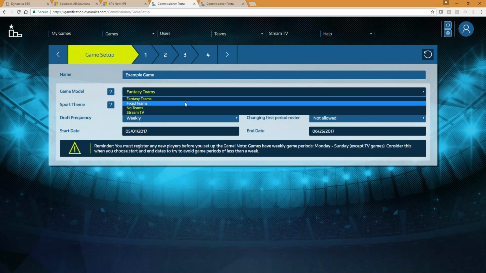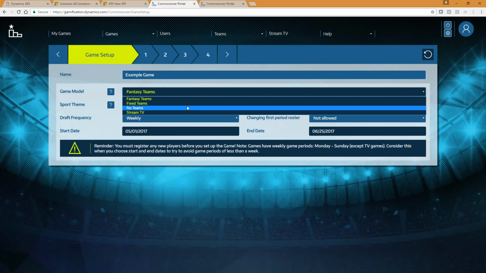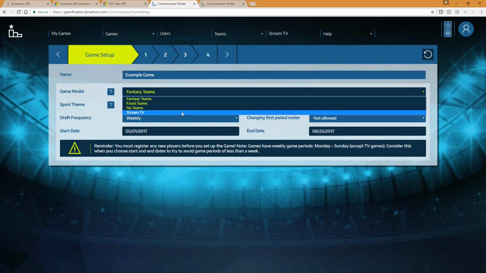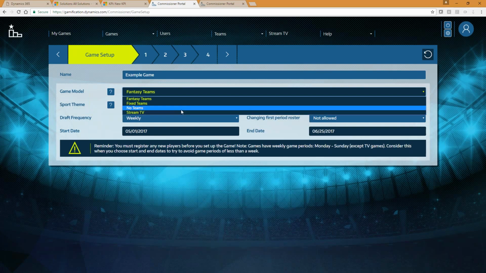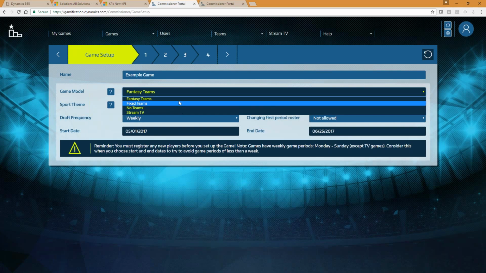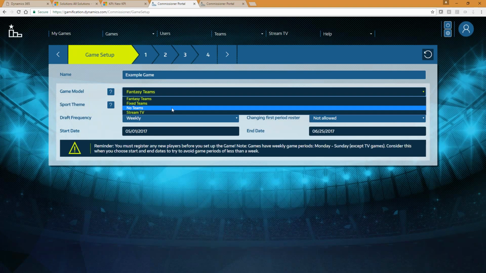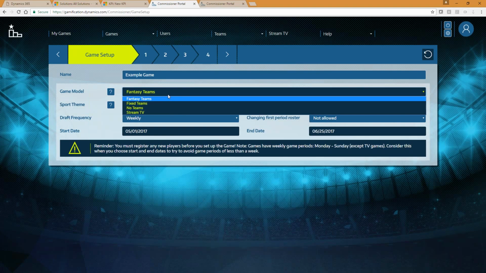We've got fixed teams, so in this case there's no fantasy element, but maybe we're having sales versus customer service, and whoever scores the most points at the end of the period is the winner. And we've got no teams. So if you've got a smaller number of users, maybe you've got 5 sales users who you want to pit against each other, then there'll be no teams, and each of those 5 people are competing directly with each other. So you've got lots of options depending on the sort of organization you are and the sort of numbers of players you want to be taking part.